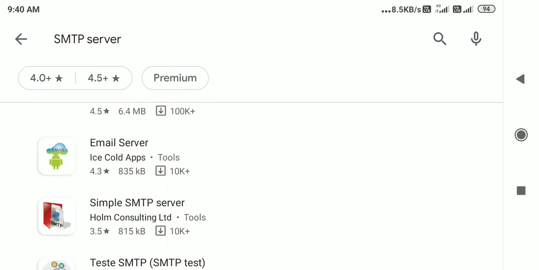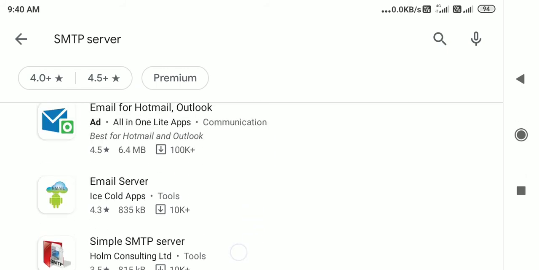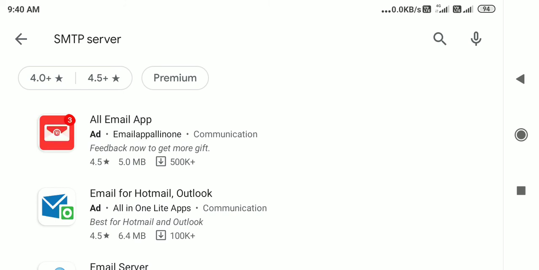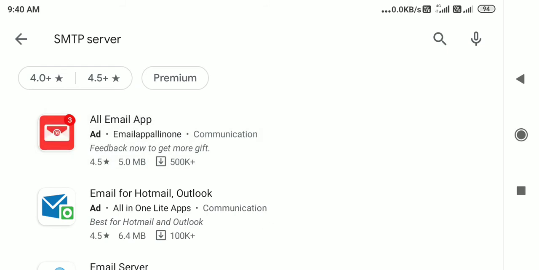So we have an email server, the simple SMTP server. Now this application was written over that, you have to know. This simple SMTP server was included with all the packages that were written. So if you want to do a client, say a mail client like email, it was written over that SMTP. It was using SMTP, and this particular package like email for Hotmail, Outlook, or email for Apple.